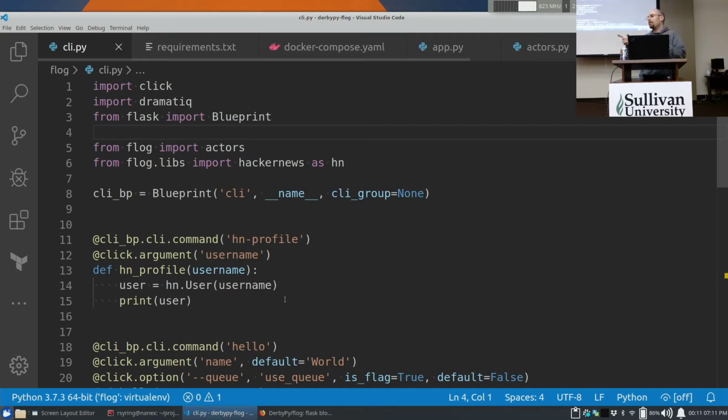So that's... What's this asynchronous method call here? Say it again? What is it, the library or whatever exactly that uses the asynchronous sort of thing? We're going to talk about that actually. This is it right here. Dramatiq is the library that we're going to use. And so Dramatiq is just the library that interacts with